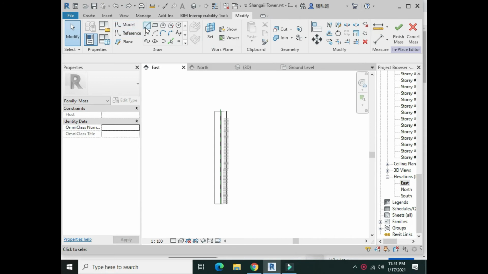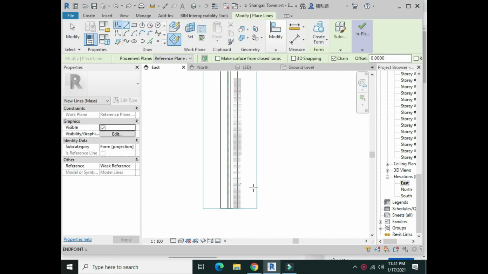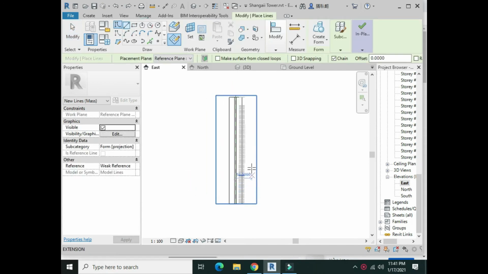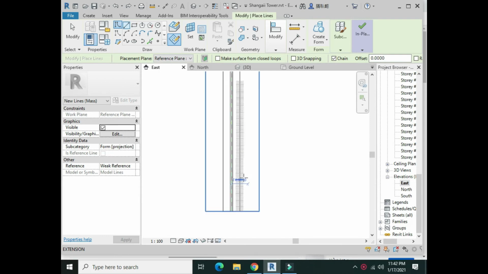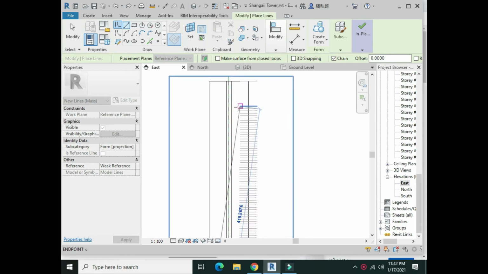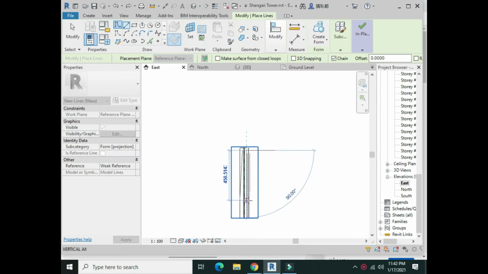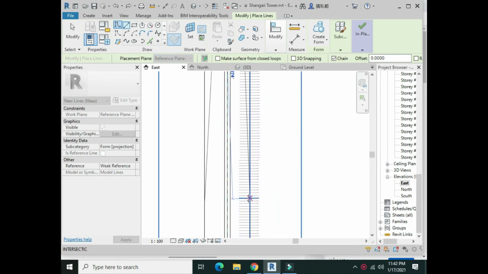We can see this kind of interface. So we click on line, and then we will go towards a straight line. Actually we do not know at which point the curvature of the Shanghai Tower starts, so we are assuming it like a point here. We will click on it and put a line near the top, and like this way, and then we will go towards this way, and then we will go downward at the same level, like this way,